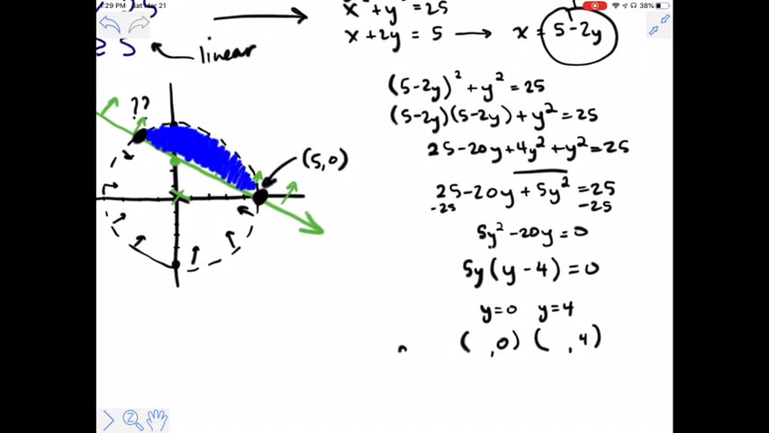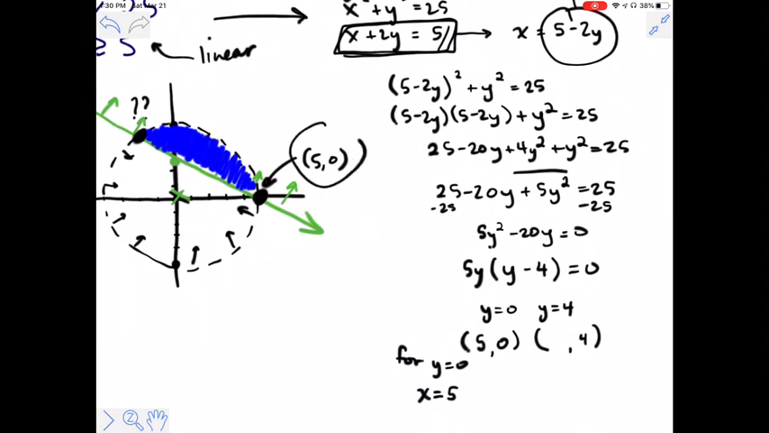So for y equals 0, I'm going to use this equation and solve for x. So when y equals 0, right there, I'm left with x equals 5. So one of the points, I already knew that one was 5, 0, but at least we were able to confirm it. And then for y equals 4,